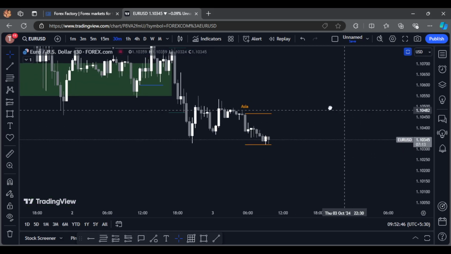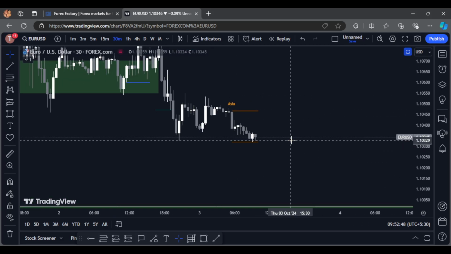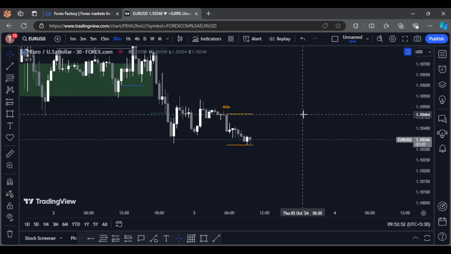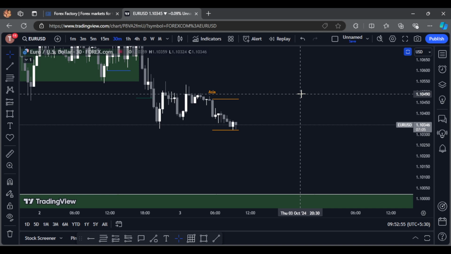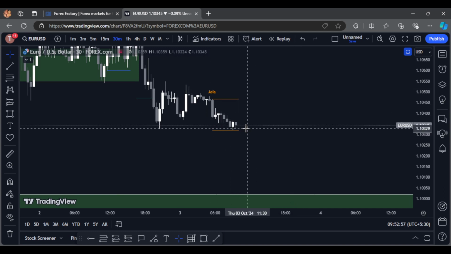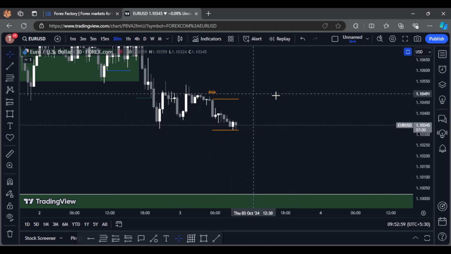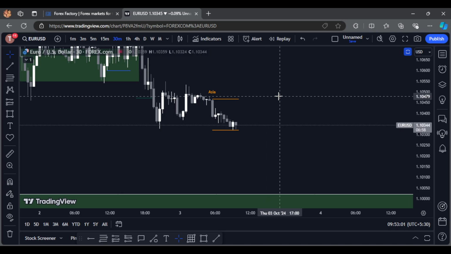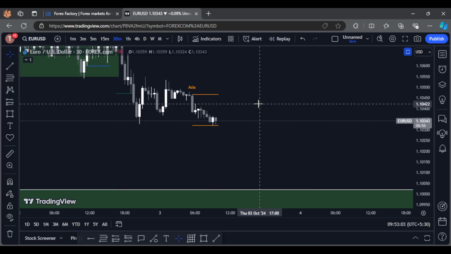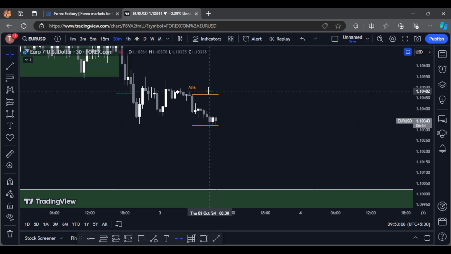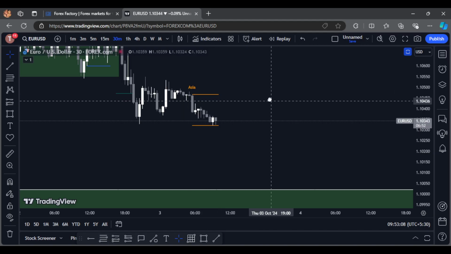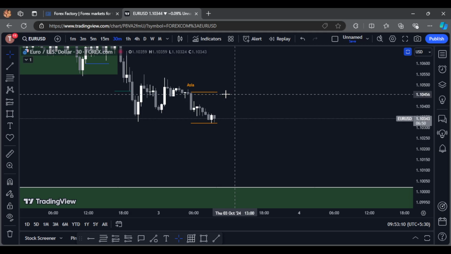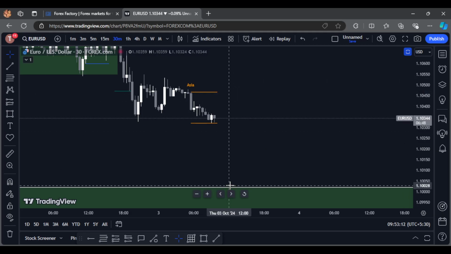As we move into the 30 minutes, we can see that the price had swept this low, and maybe it can move into the further upside direction. And if we go bullish into this Asia session and take the Asia high, that will be the best scenario for the price to move into the upside direction, that is into the bullish direction, take the Asia high, and then we are going to turn bearish and move towards this vulnerable low of weekly or monthly.